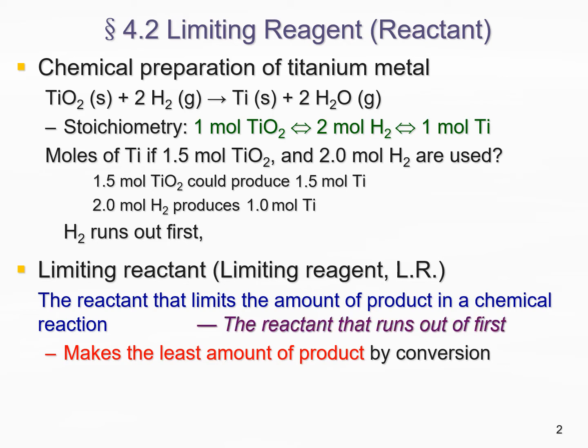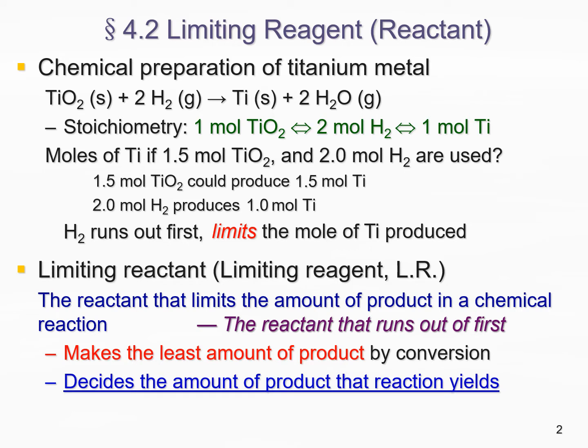And it is the reactant that runs out first. And since this is a limiting reactant, it limits the amount of titanium metal that's produced. Another function of a limiting reactant, as we can see, is that it decides the amount of product that a reaction yields. So from all the calculation we realized, 2 moles of hydrogen can only produce 1 mole of titanium metal,